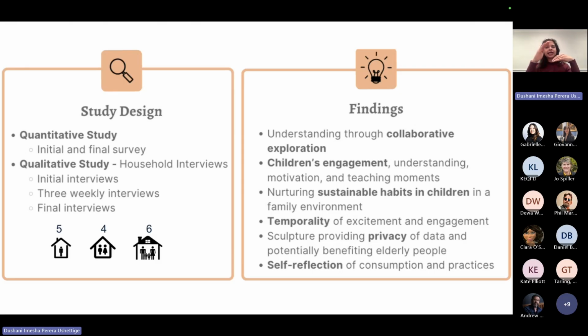We also saw the temporality of excitement and engagement. Over the 3 weeks, how were people engaging, did it die down at some point, or were they still using it? And also how they understood it. In week 1, it was quite confusing to people. They didn't understand their consumption yet. But by week 2 to 2.5, with the rotation of the bees, they were able to reflect on their consumption. I remember one person said, I know if I switch on my heating for 3 hours, I know how much the bee is going to rotate. So they were able to reflect their actual use onto the sculpture and get an awareness of how much they're using.